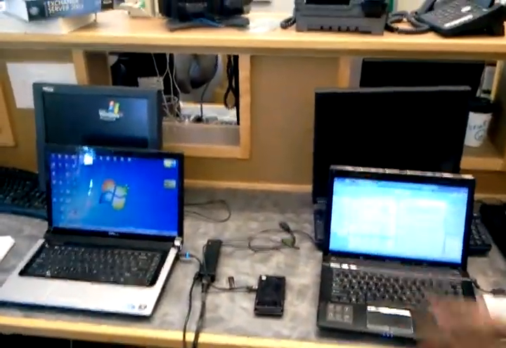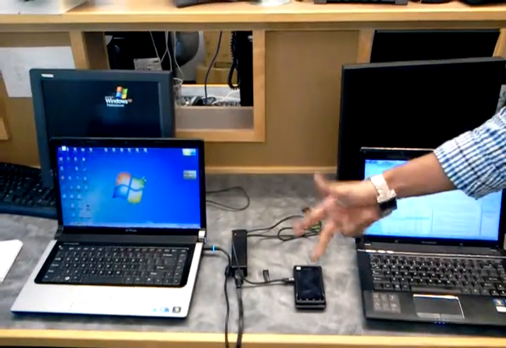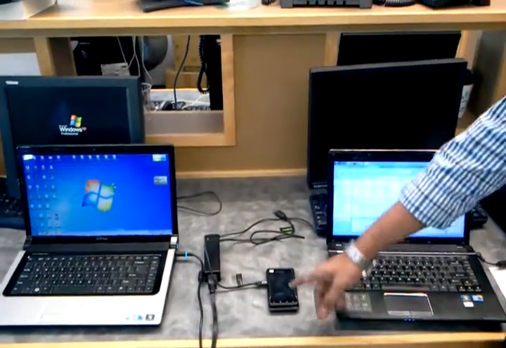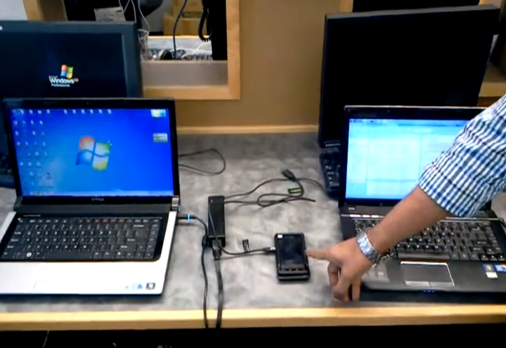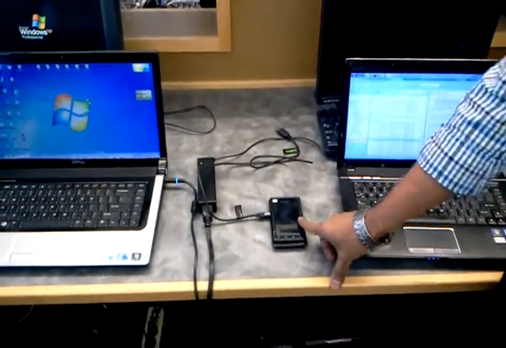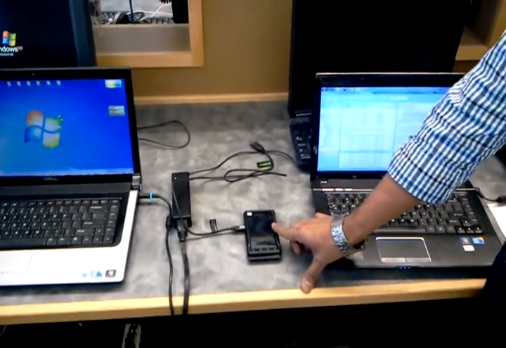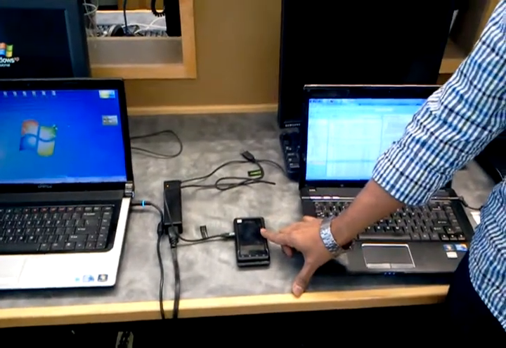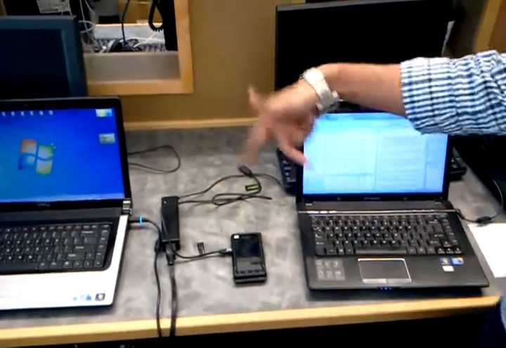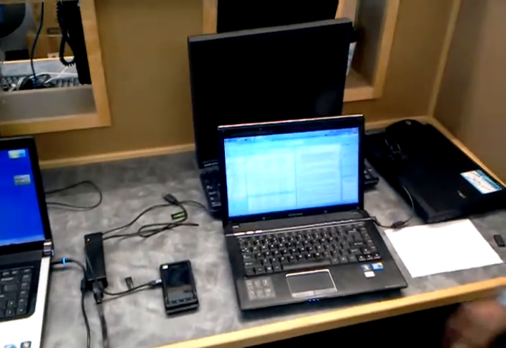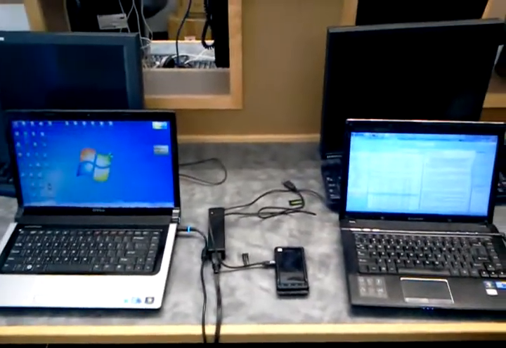Thanks Preetham. As Preetham said, we have the setup here. The setup consists of two laptops which will be acting as two clients, and the main phone is the Motorola Droid smartphone. This will be configured as the rogue access point, which will be accessed by the other two clients. The main requirement for this setup is the smartphone.